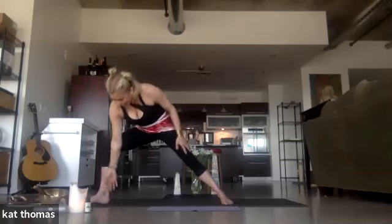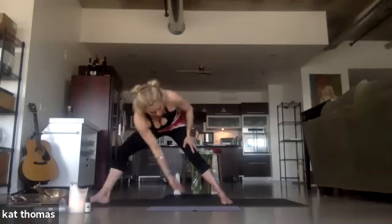You're going to extend that right foot out and start to sink into that lunge. This way, you can really gauge your front heel should be in the middle of that back foot, which is turned towards your